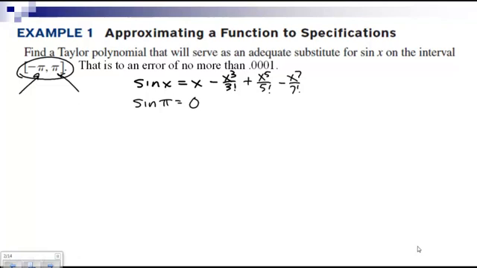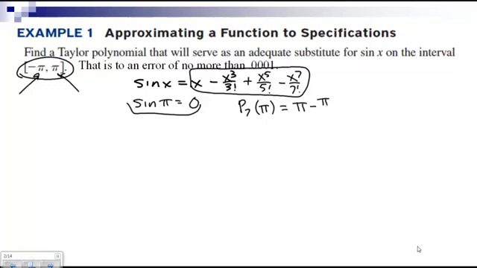So what I want you to say is sine of pi is 0. If I call this P7, the order is the 7th because it's the 7th term, I would say P7 at pi is equal to pi minus pi cubed over 3 factorial plus pi to the 5th over 5 factorial minus pi to the 7th over 7 factorial. And I want to know, is this value